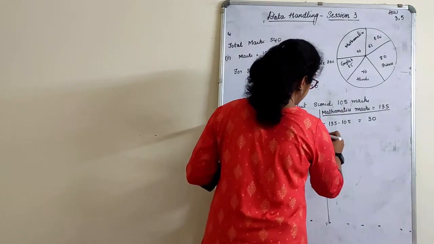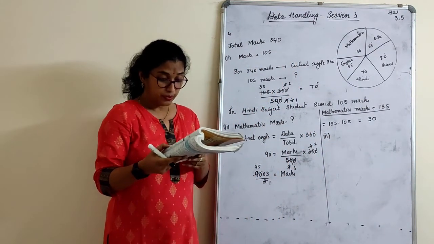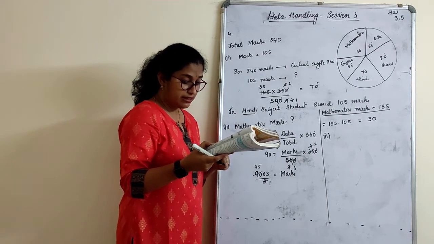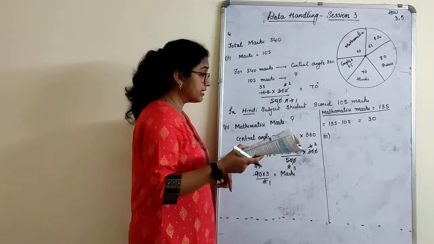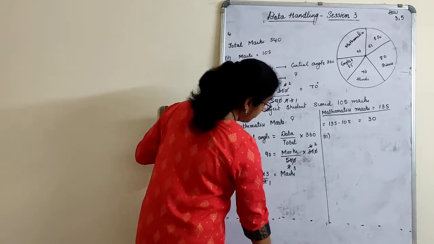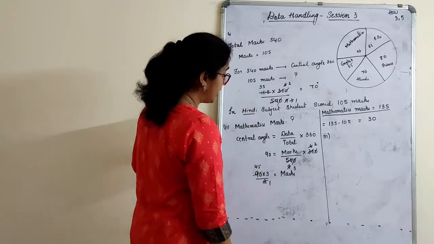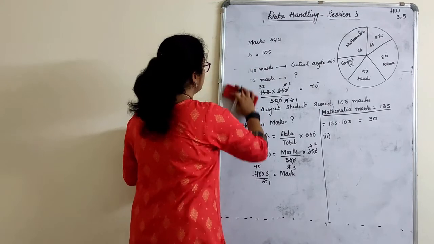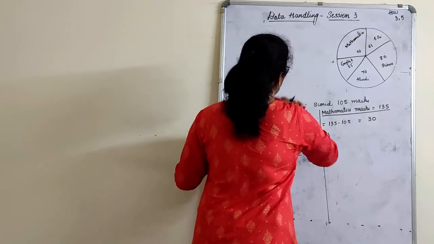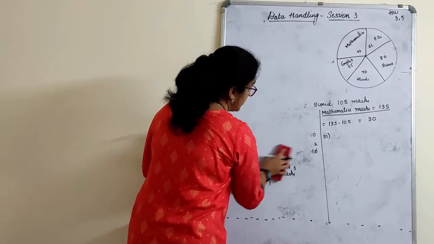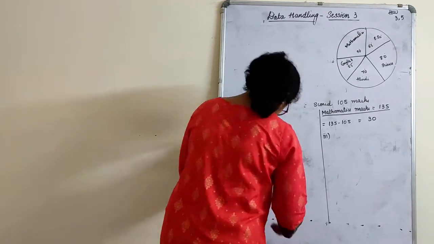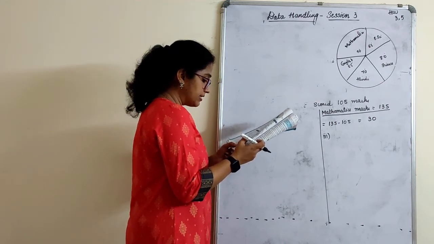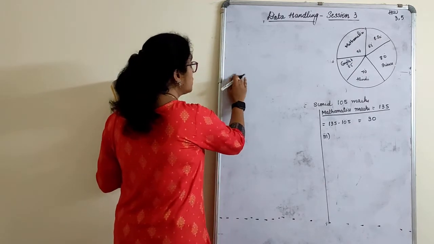Third one, examine whether the sum of the marks obtained in social science and mathematics is more than that in science and Hindi. Just study the central angles. That means we need to find out all the central angles here. Just erase this, children. I will get the data of all other angles here. Same formula will be used. So let's find out the marks itself.